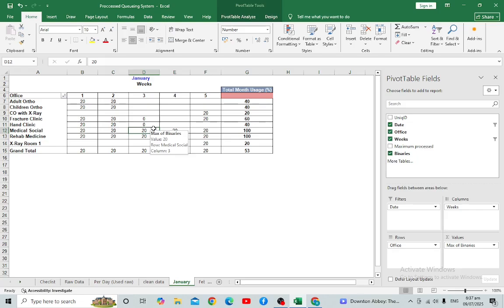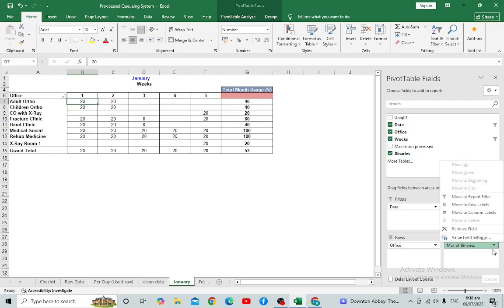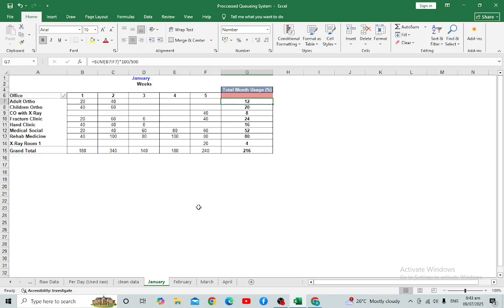As you can see here, we have rows of clinics, then the first week, second week, third week, to fifth week. I have the month of January here. This will be the monitoring interface for the head of all the clinics.